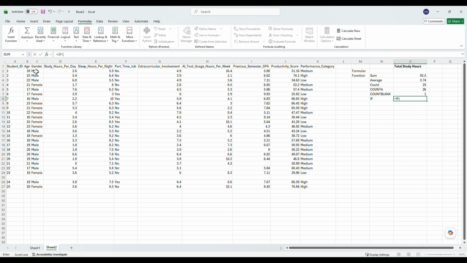So if under gender, if this cell, okay, if this cell equal to, so you go write them. Anything will be text for Excel, we dey put them for quotation mark. Otherwise, Excel no go know what you dey write. So if cell C2 equals, me and this my laptop, okay, equals male,